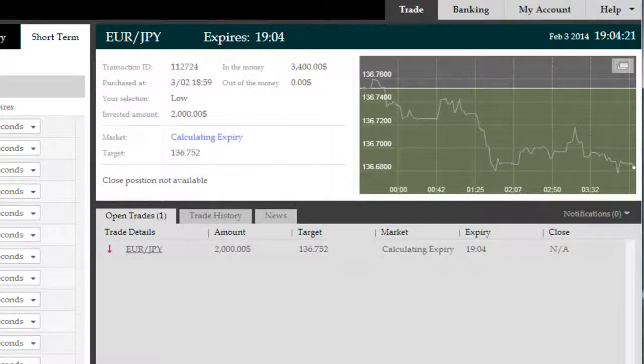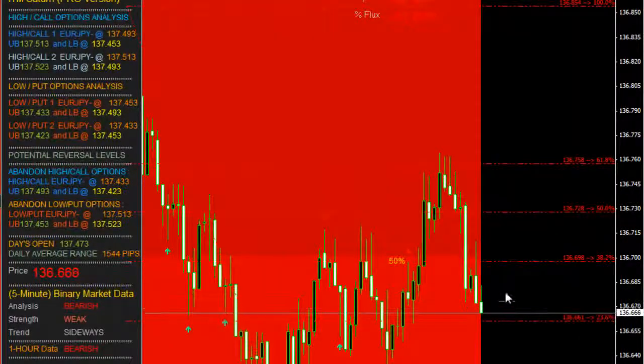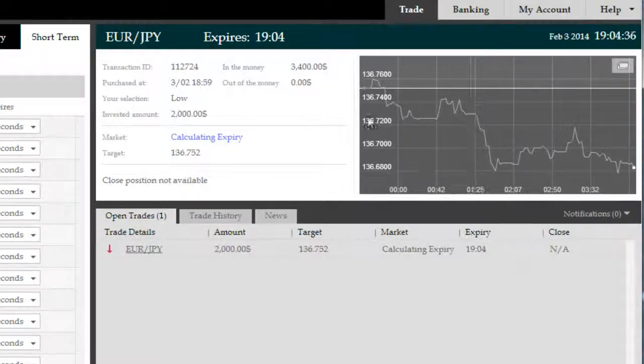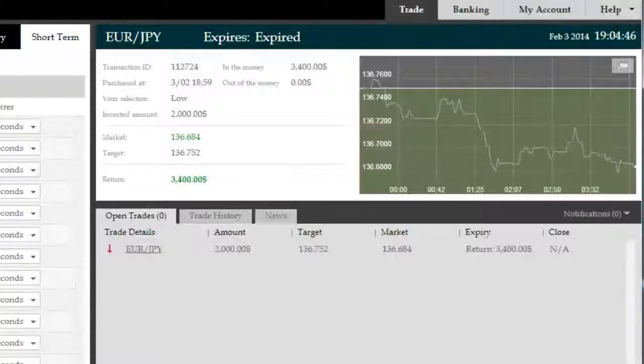There it is. It's expired in the money. We're going to wait for the platform to calculate the expiry and just watch price action for a little bit. It is now retracing and going towards the 23.6, which it's successfully targeting. As you can see, while we've been discussing this and we've taken this trade live, you'll notice that this price hadn't appeared when we were discussing it as the price was unfolding, on the premise that high probability, high impact reversals happen off of the 61.8 and that the move will be sharp. As you saw, the move was